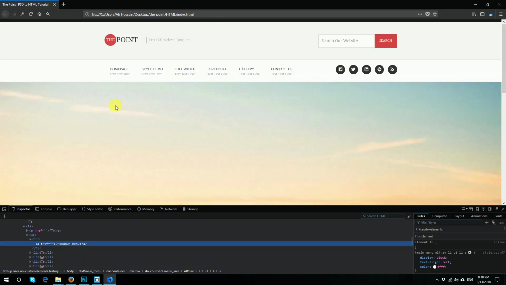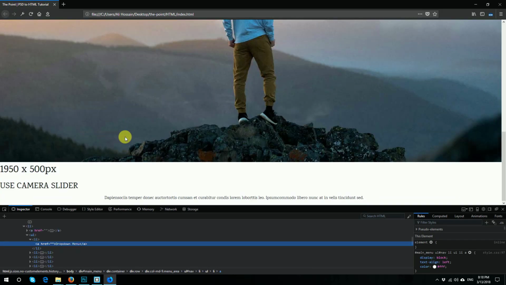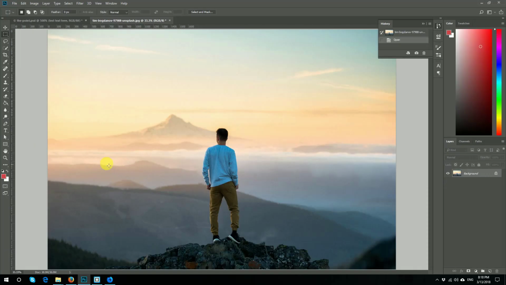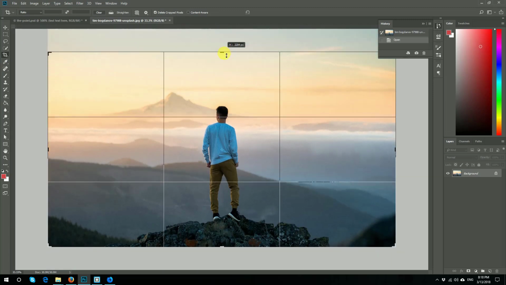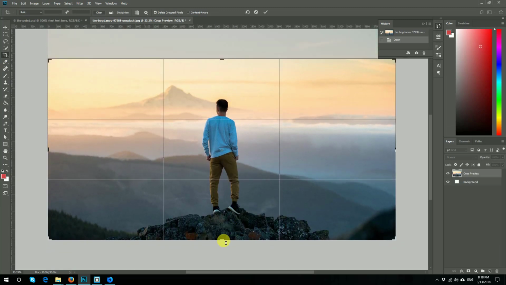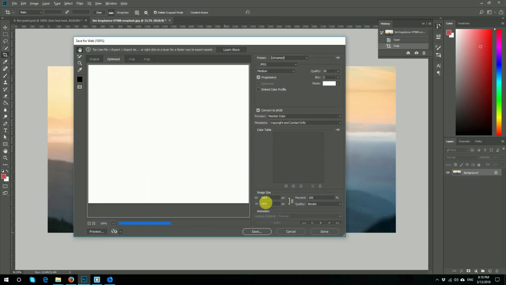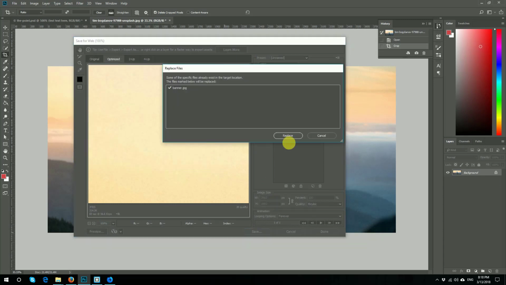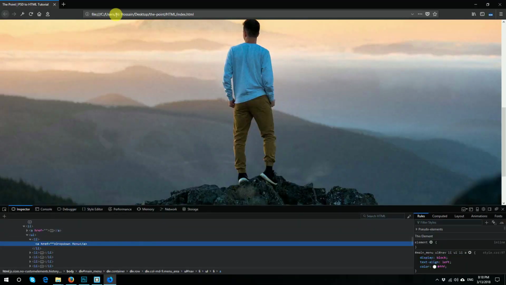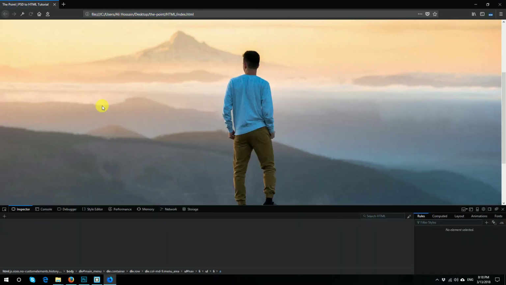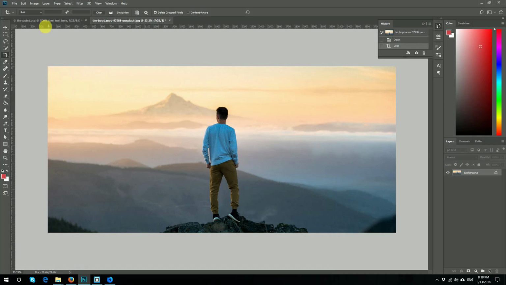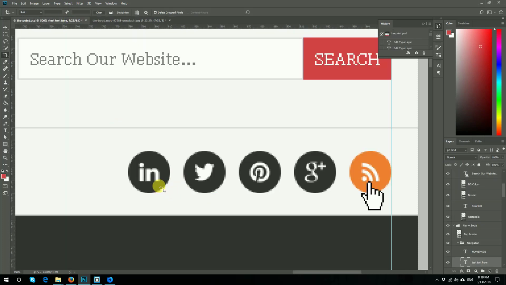Okay, I can crop some sections. We don't need much more. Then I will save this. Okay, now if I refresh, see, now in the background in our section, if I zoom out,